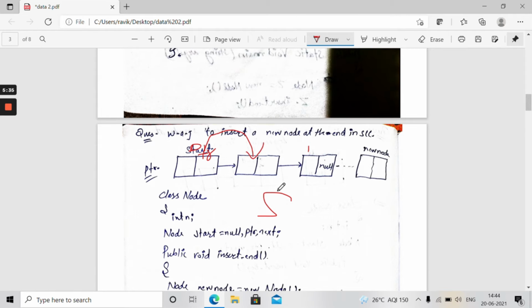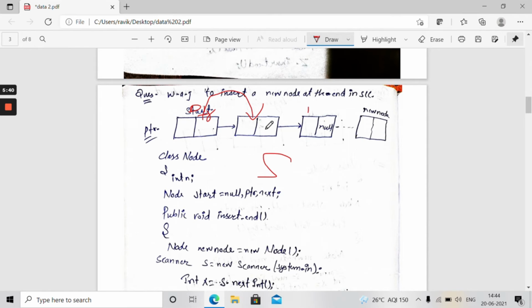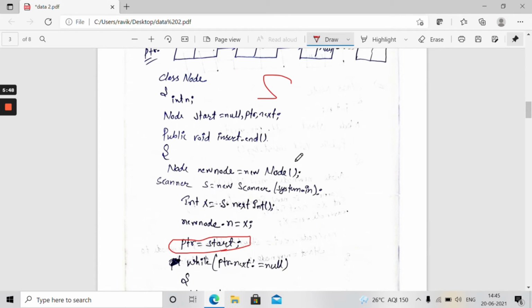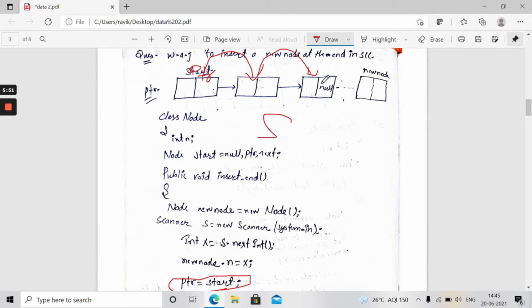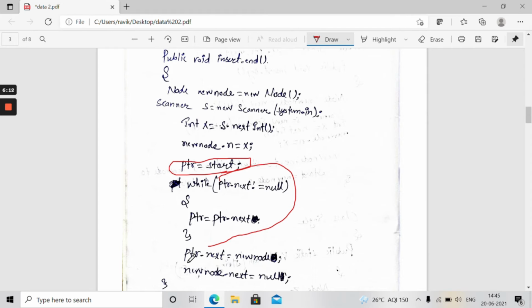You can see here ptr.next is not equal to null. Then the address part of this node is also not null. Then ptr also goes to that place. Then see ptr.next not equal to null, but here ptr.next is equal to null. Then the loop is not running, the loop is broken. After that we don't go inside the loop, and we go out of the loop. And now what is the next code?